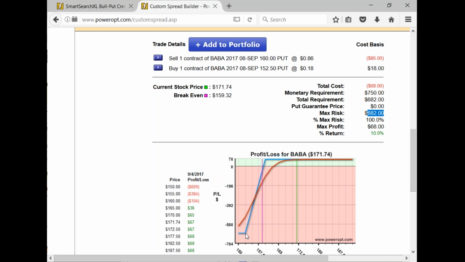Black swan event, market correction out of the blue over the weekend. We wake up, all the indexes are down 2%. It'll pull all the stocks down. BABA might be down at 150, and I'm suddenly at a maximum loss in the trade. And again, can I manage at that point? No, not really. I mean, there's no real management I've seen once you've taken near an 80 to 90% loss